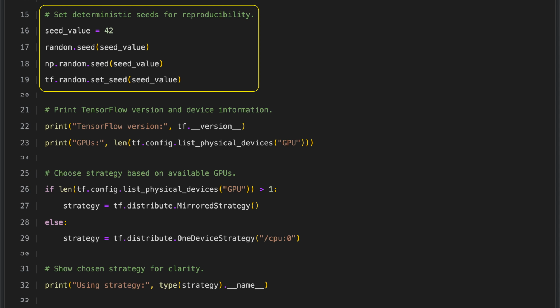We start by setting a seed value, such as 42, so that any random operations give the same results every time we run the code. To achieve this, we set the seed for the random module, then for NumPy, and then for TensorFlow. Using the same seed across these libraries makes our experiments reproducible and keeps results consistent, which is especially important for